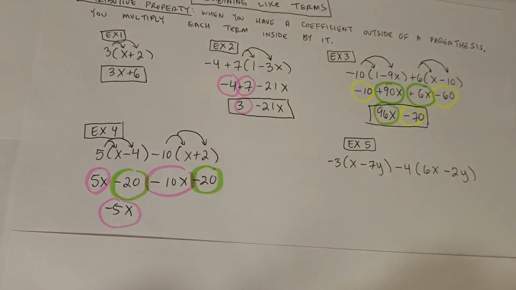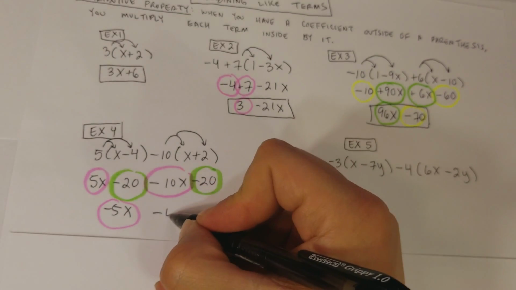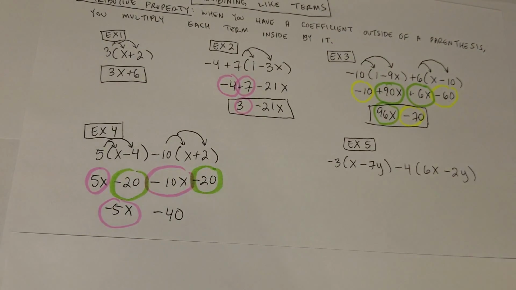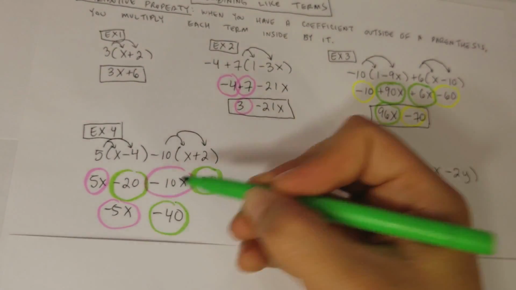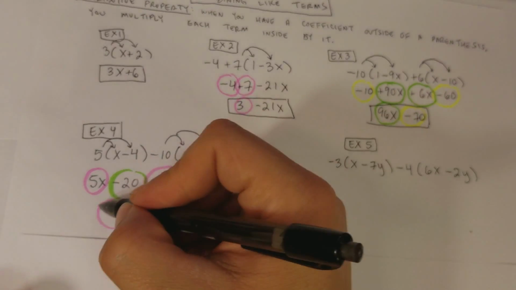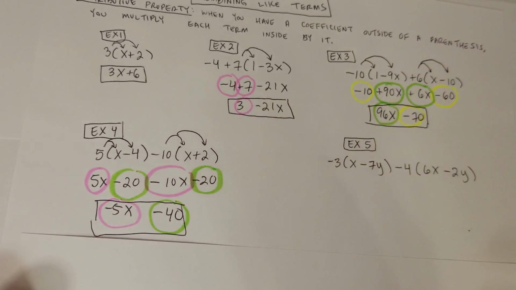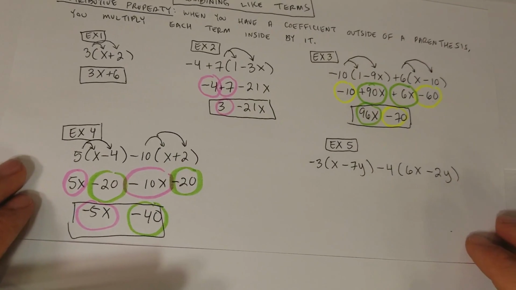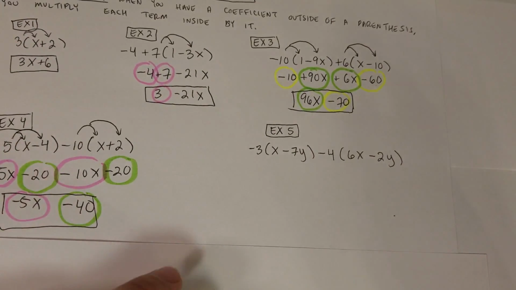And -20 and -20, we get -40. So again, we add a negative and a negative. Sign stays the same. Add up the values. So we get our final simplification, which is -5x minus 40. The last one that we're going to do, example number 5, same idea. We have a